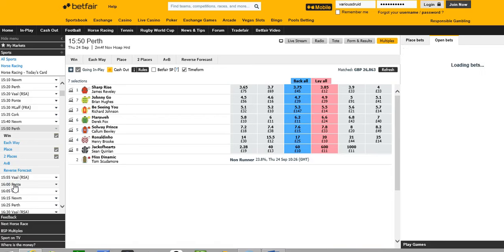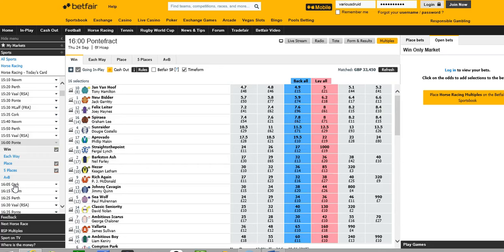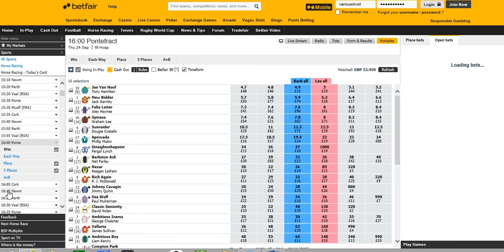4 o'clock. Right, again, this is a 6 furlong. There's lots and lots of runners, 16 runners here. It's a bit of a lucky dip. It's a handicap race as well, which means that all horses are weighted to cross the line at the same time. If the handicapper was doing his job correctly and the horses ran as he expects them to do, that's what would happen. But you know and I know that never does happen, so that's a race to leave firmly alone. So moving on again,